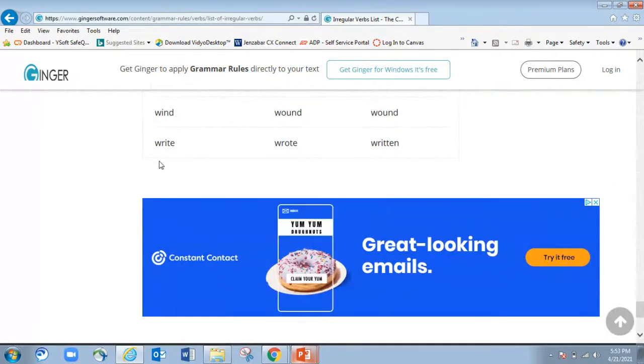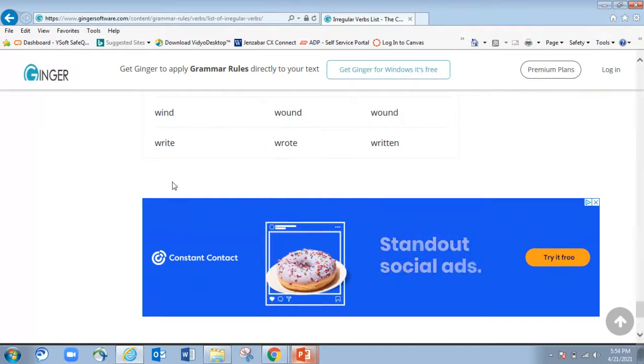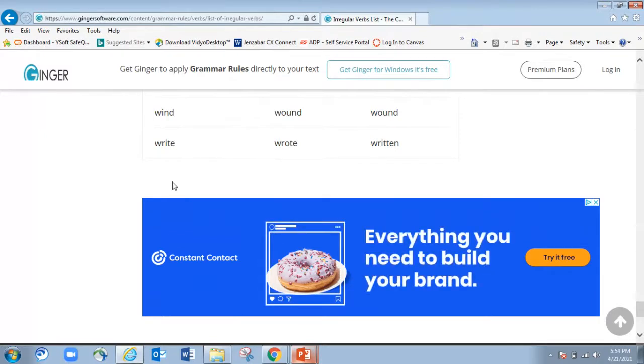Okay. I write every day. Write, I'm using it in present tense because I'm referring to something that happens every day. If I say I wrote a letter, past tense, yo escribí una carta. Aquí yo escribo todos los días. Yo escribí una carta. To use the third category here, written, you have to have has, had, or the form